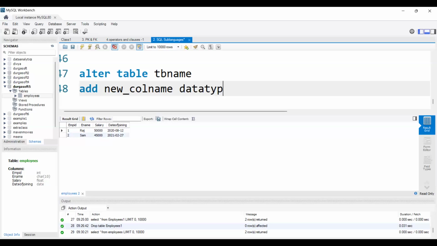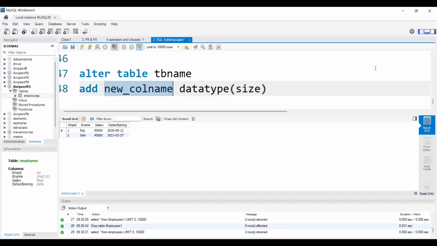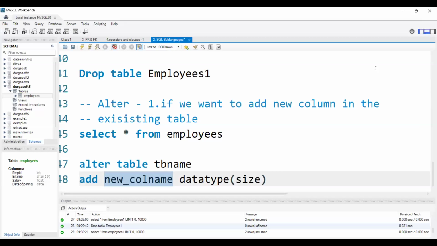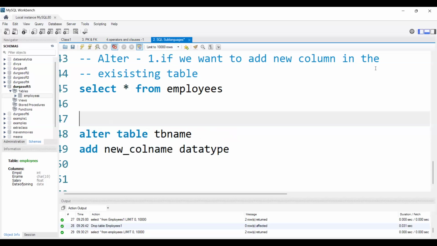So I will simply write it as data type of size. Like this: alter table table name, add new column name, and define the data type. In this syntax I won't use size. If that is a character data type, we will use size, or else we don't use size, right? So this will be our syntax basically.